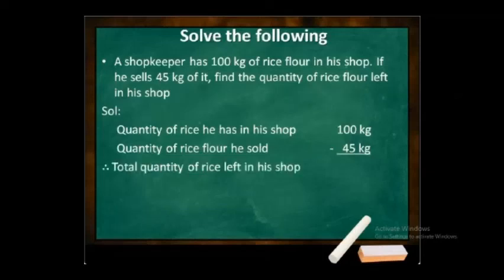You will minus it. So, you cannot minus 0 and 5 because 0 is a small unit. And you cannot borrow from 0 also. So what you will do is you will borrow from 1 and give it to the next unit, and then from there you will borrow and give it to the next unit. So 10 minus 5 is 5. 10 minus 5 is 5. 9 minus 4 is 5. So the rice quantity left is 55 kgs.